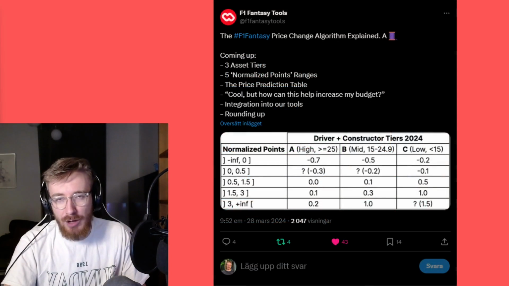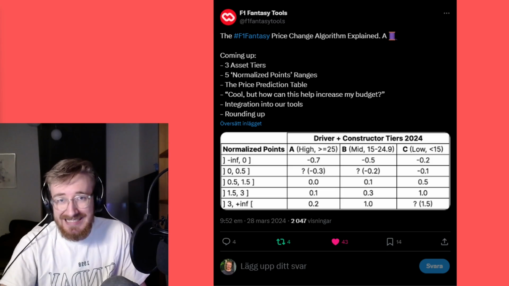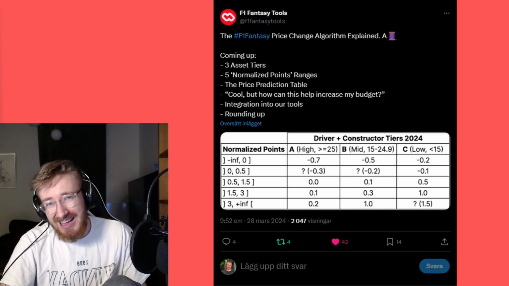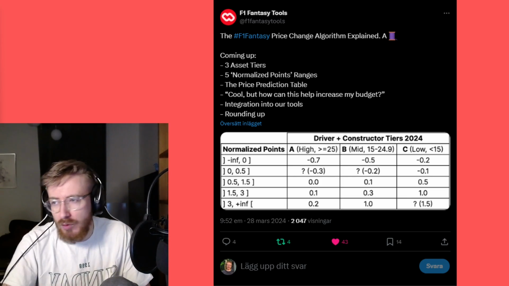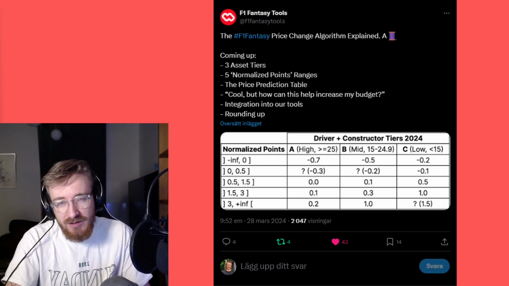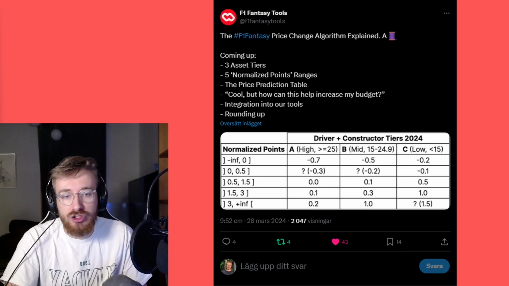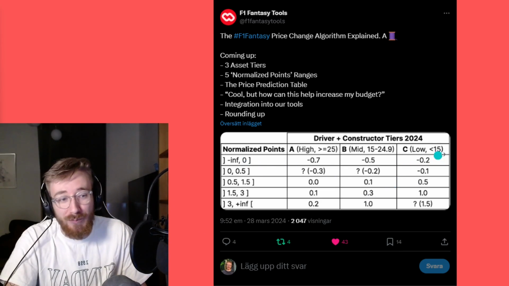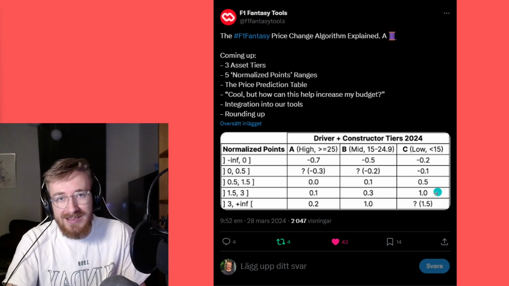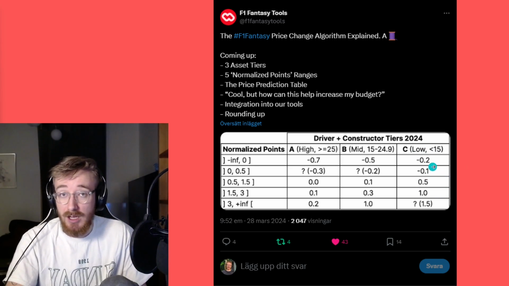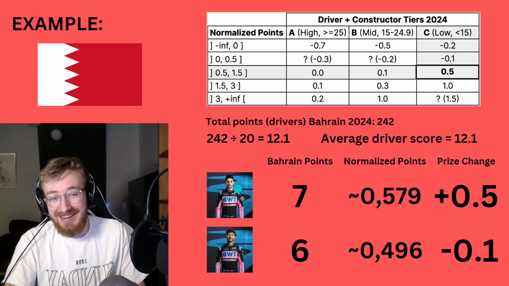I hope you now understand how the price changes work in Fantasy Formula 1, at least for the 2024 season. Is this a good system? Well, that's debatable. I like how Max Verstappen and Red Bull Racing can't just run away in price and end up being 40-45 million at the end of a season. But I'm not sure how big a fan I am of the large difference between, you know, the 0.5 and the 0.6 normalized points in the C tier being a 0.6 value swing, such as, you know, between Ocon and Gasly